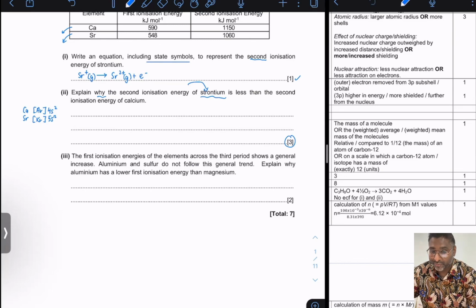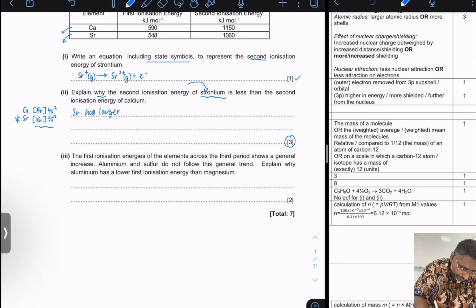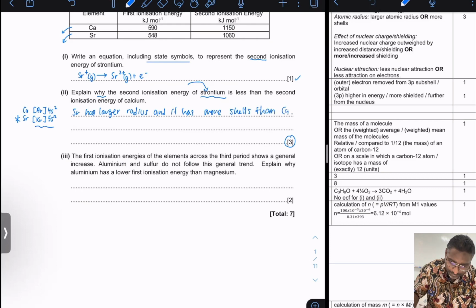You need to discuss strontium. Your prime focus must be strontium, because it has more shells. So you can mention that strontium has a larger radius and it has more shells than calcium. More shells than calcium, and because of that,